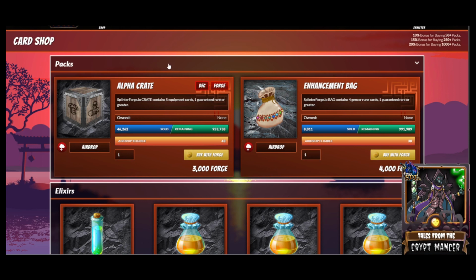Now, just a couple of things to note here. You can see here, I've so far been playing free to play in this game. I haven't put any money into Splinterforge at this point. I've actually purchased 43 alpha crates and 30 enhancement bags just from my earnings in the game, just by playing the game for the last about 2.5 weeks. And basically you can see here it says airdrop eligible. And we can see here is,